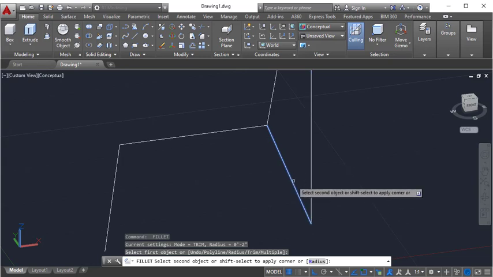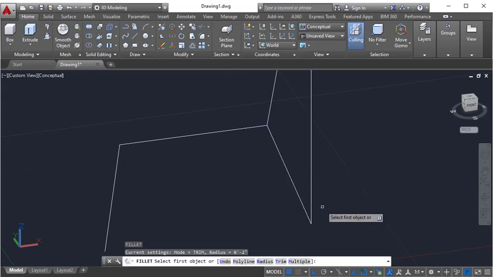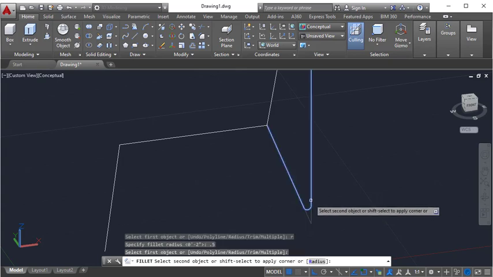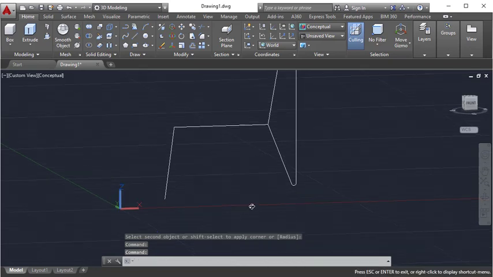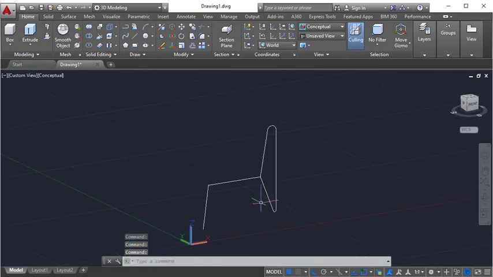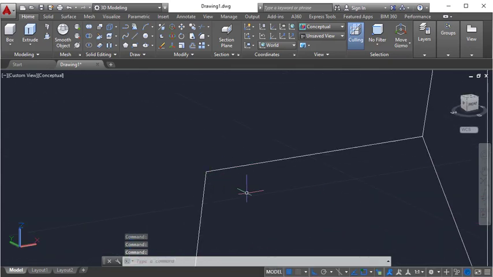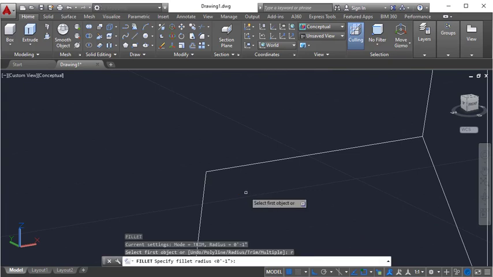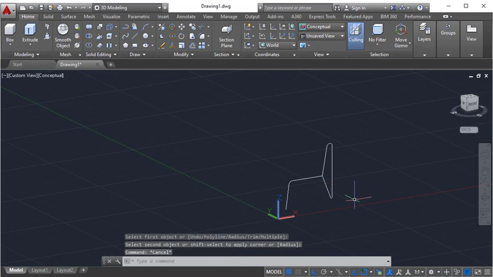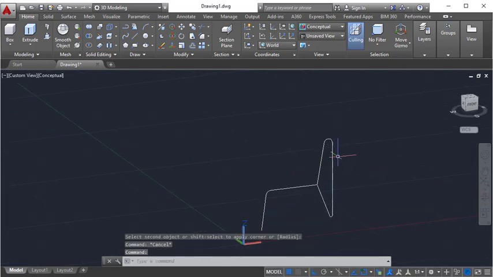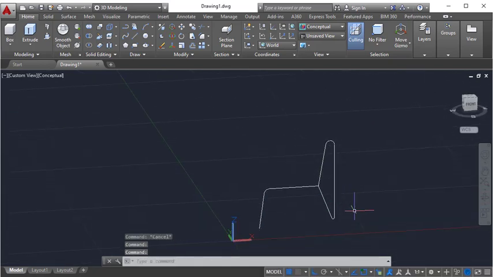first line, second line, but it's too much radius, so fillet F enter, radius R enter 0.5 inch. This would be nice, but unexpectedly it is increased a little. I can rotate it later on, and I will use a fillet command here, F enter, radius R enter 2 inches. Now it's looking fine. This is like a frame of the chair,